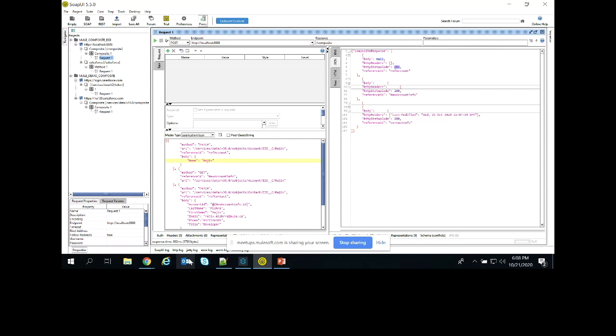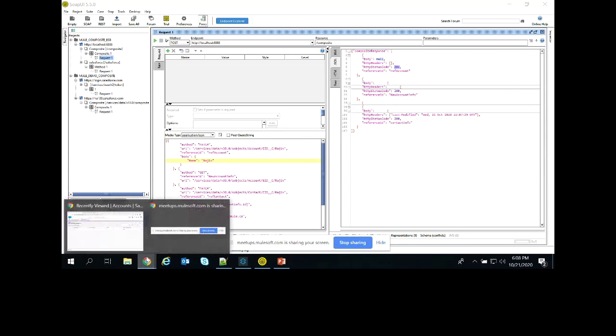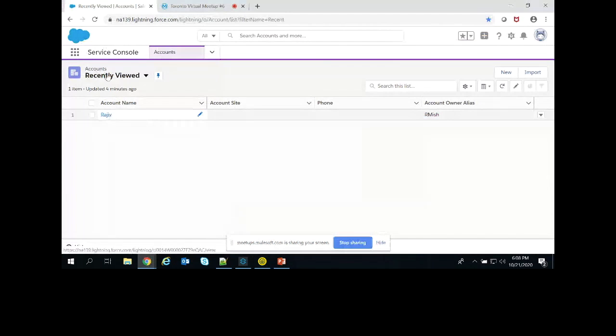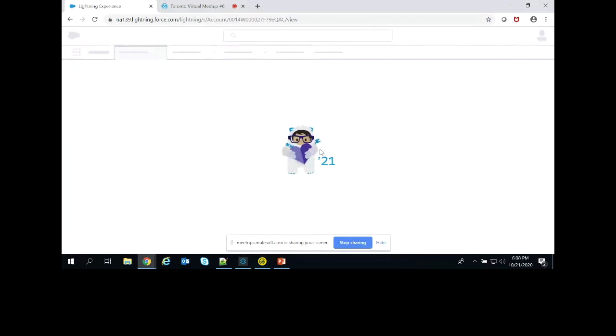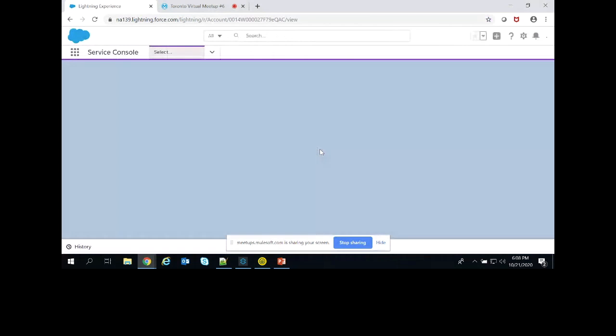If I go back to Salesforce and refresh it, the data has been updated. If I go to the contact, it has been updated to the email ID that I set.